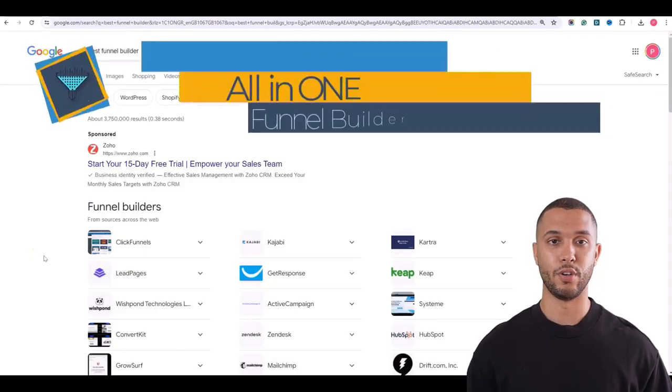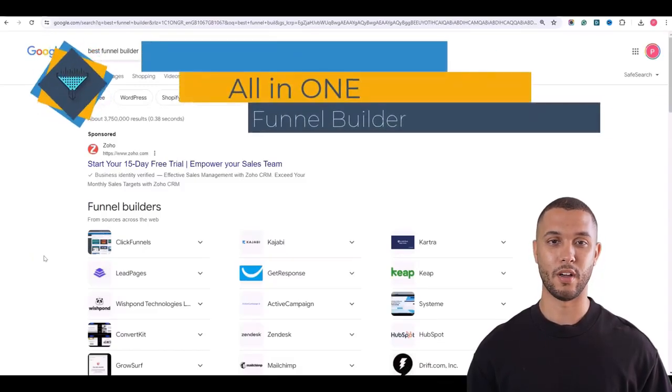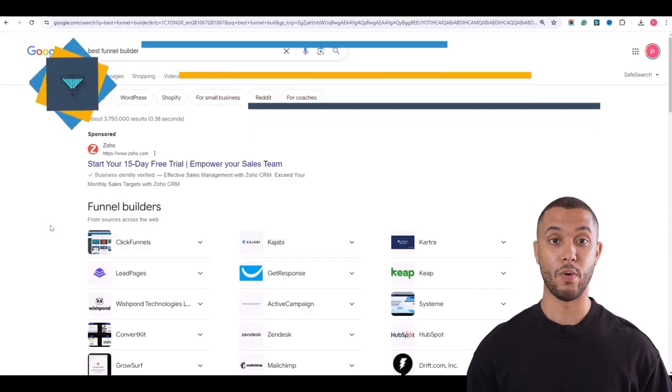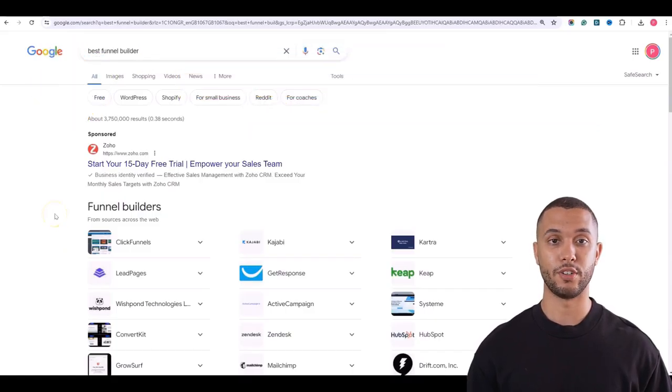I want to introduce you to your new all-in-one funnel builder, blog, management system, your autoresponder, and your all-in-one business tool that you need. Now, before I show you it, if you go to Google and search for best funnel